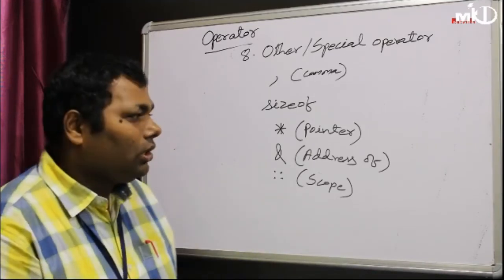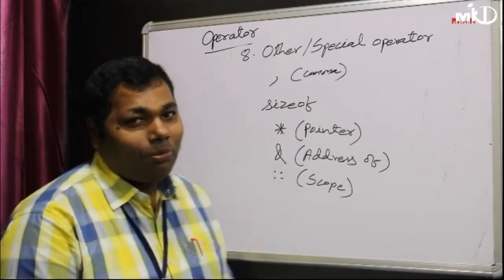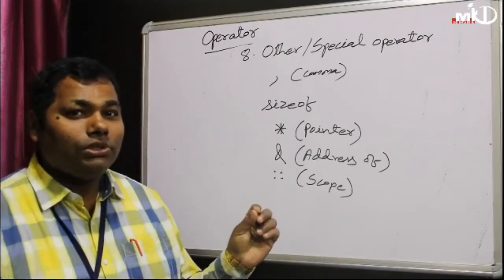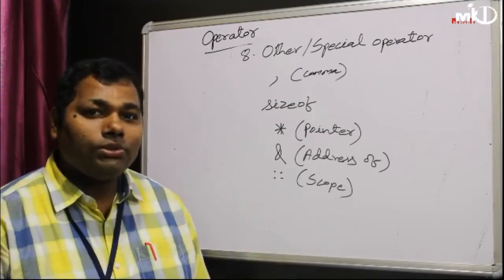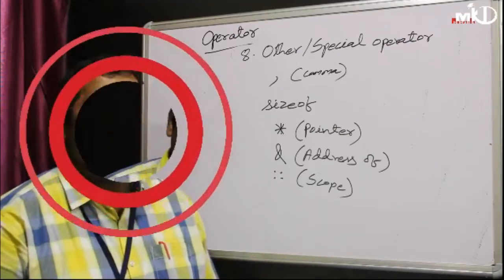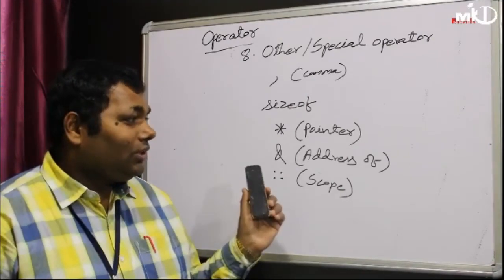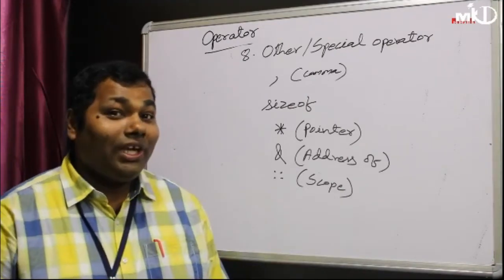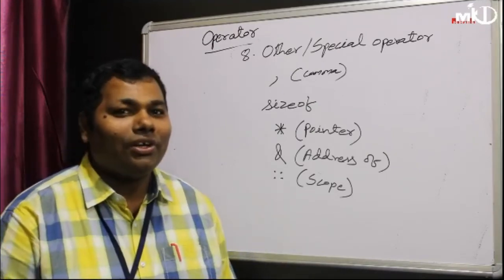So all of you are clear about the operators? Operators are of 3 types depending on the number of operands, and operators are of 8 types depending on the operation of the operator. Clear? So take many examples and practice all the operators and see what is returned and what the output is.